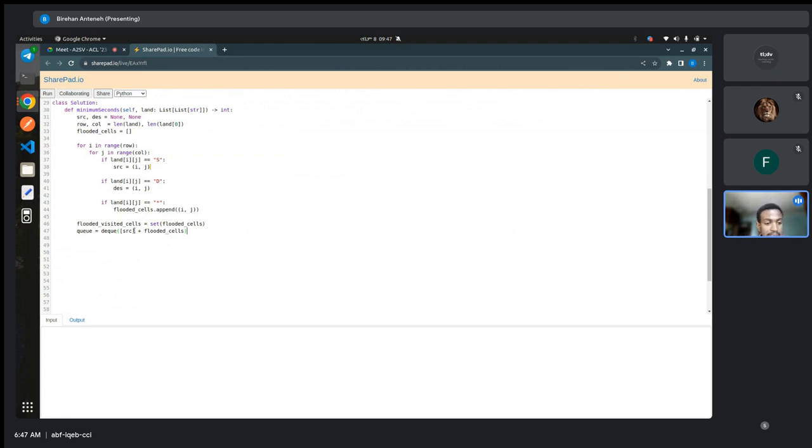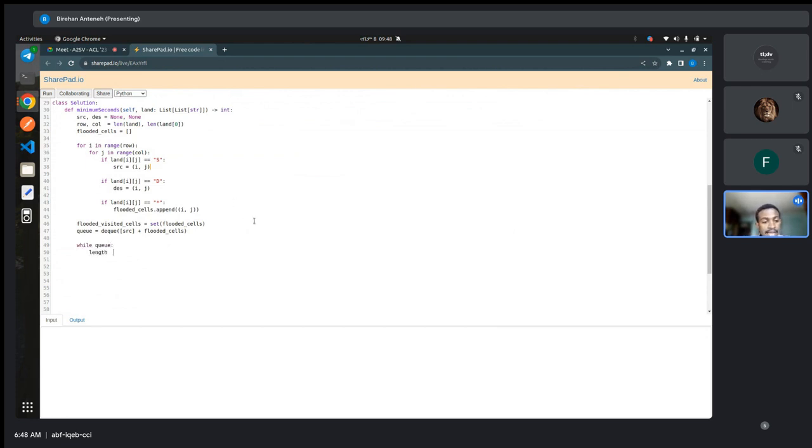So this is going to be my starting points. All these points are my starting points: the source, which is a dot, and all the asterisk fluided cells, because every second, the S is going to expand and all the asterisks are going to expand. So while Q,